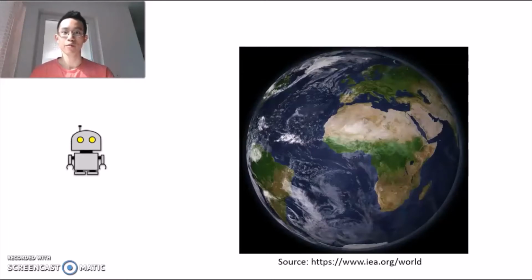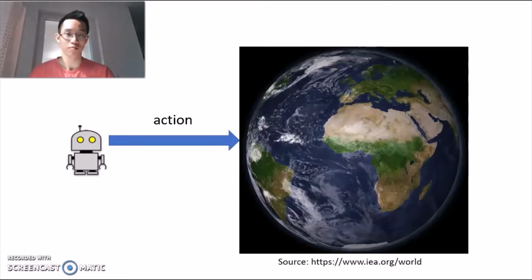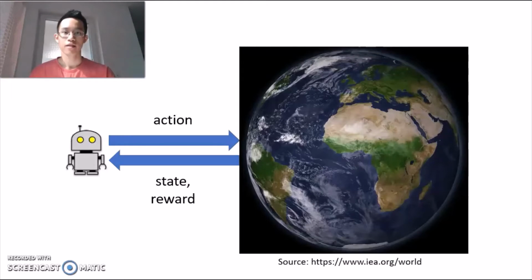Let's start with the basics of agent-based systems. In a single agent system, there's one agent and its environment. An agent can affect its environment by choosing one action out of multiple actions at each time step. An agent can also receive feedback from its environment in the form of state observations and reward signals. The goal of an agent is to optimize its reward signals through its choice of actions.